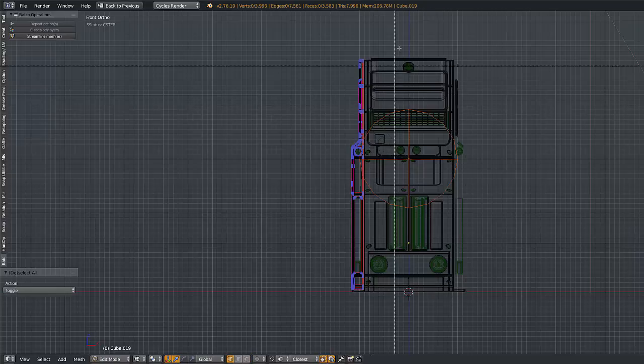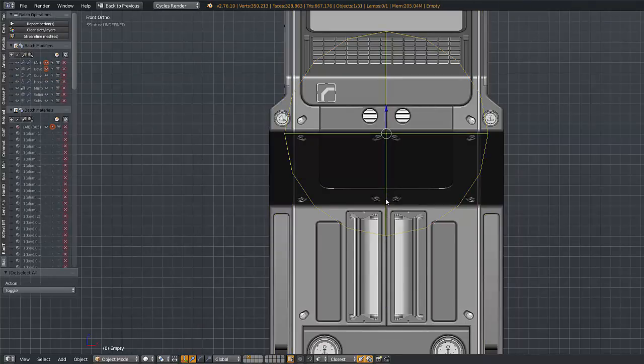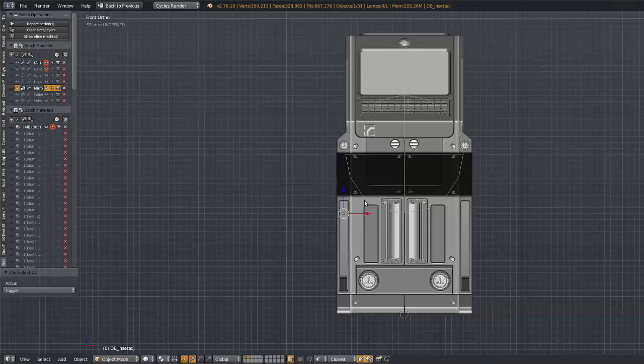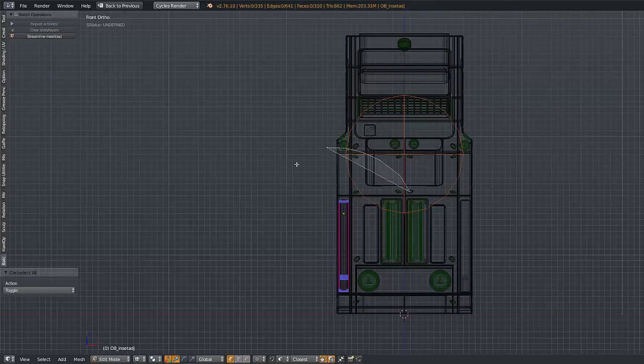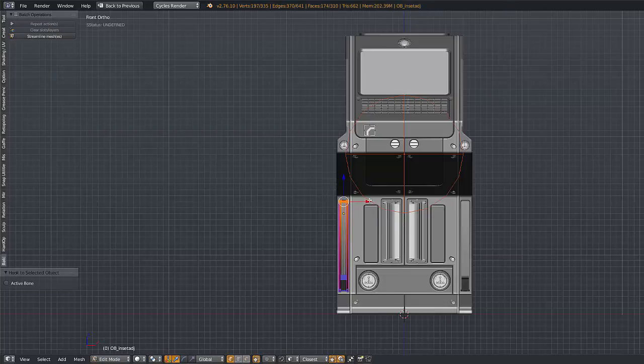We'll shift select both of those, Control B, hook to selected object with Control H, hook to selected object,